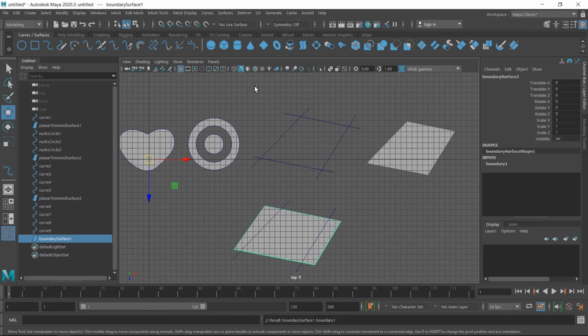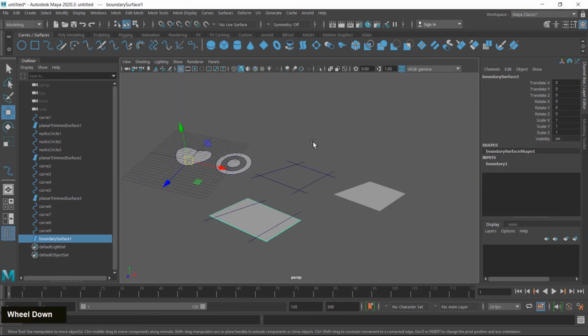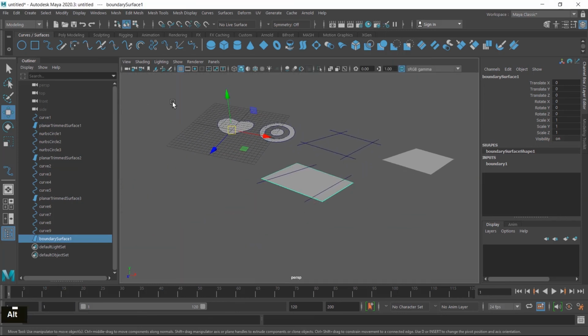When I click on this, a surface is created and it's not as precise as planar tool, but I show you another method to create a precise surface. But this time I show you another thing.